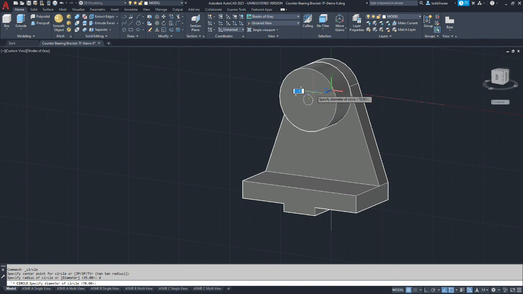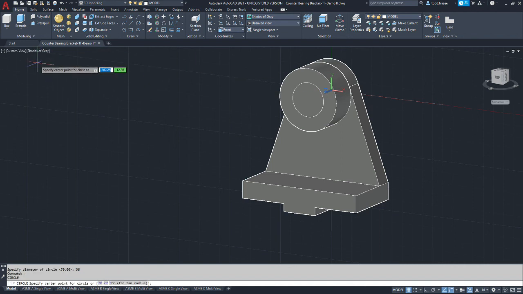Again, we want to take the average of the tolerance, and in this case it ends up being an even number. It's 38. So we're going to just put in 38 millimeters, and there we have our diameter established.